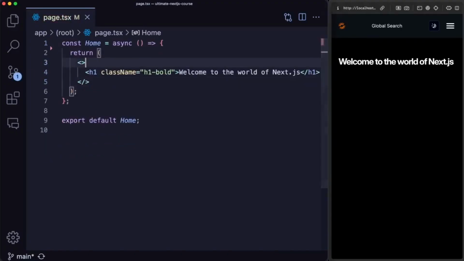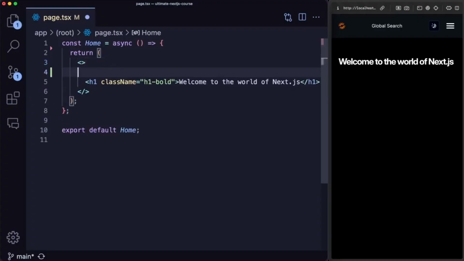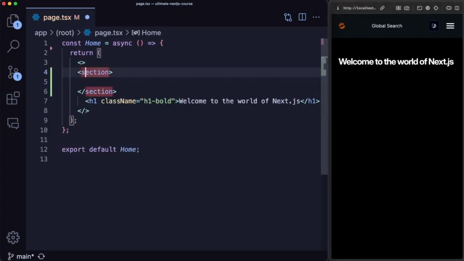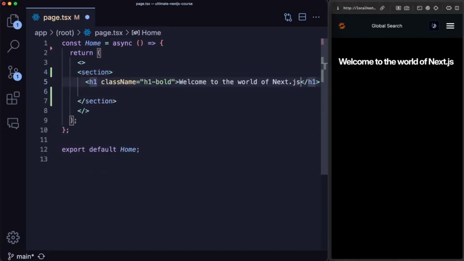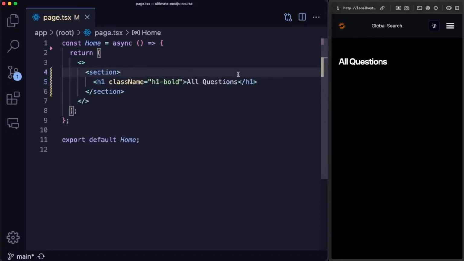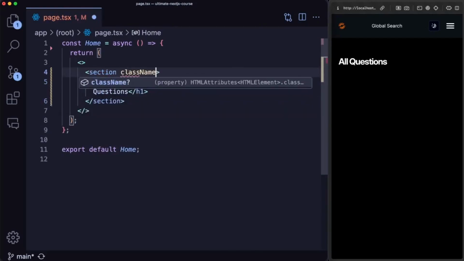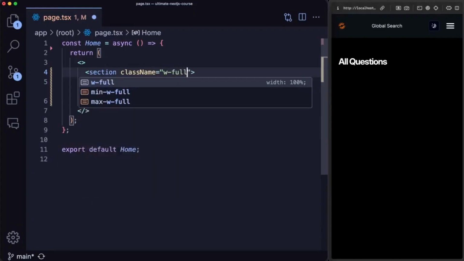I'll keep everything wrapped in a React fragment, but I will then create an additional section right here. Within this section, I'll render an H1. Yep, this one. But now I'll make it say All Questions, so we can show different questions that people have been asking on the platform. Let's actually give it a text-dark100_light900. And let's style the section as well by giving it a className of w-full